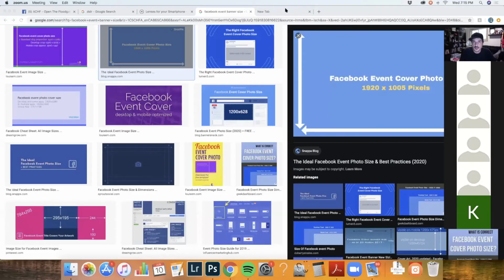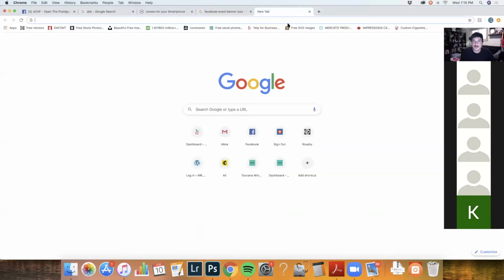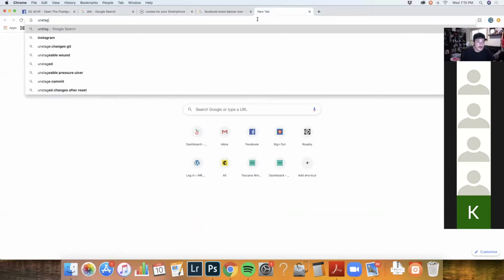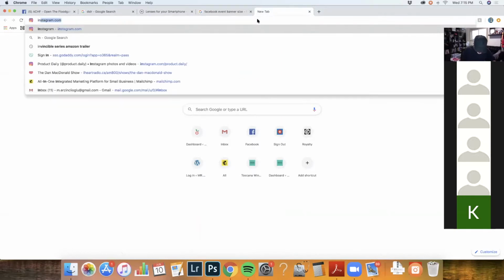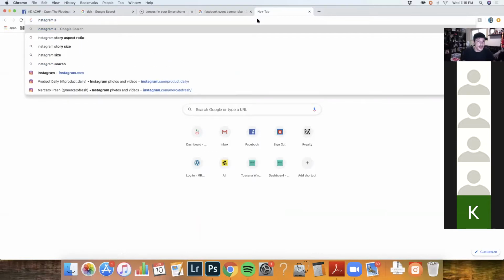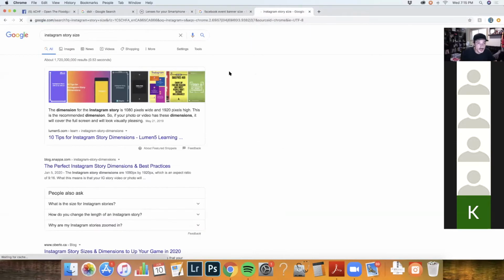We go Instagram story size, story aspect ratio. So this is 1080 by 1920, and it's vertical.